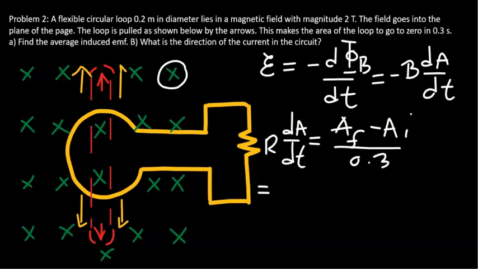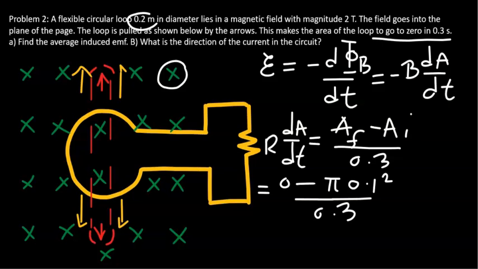The final area is 0 because the loop goes to 0. The area of the loop goes to 0 in 0.3 seconds. So the final area is 0. The initial area, this is a circular loop, so circular area is pi radius squared. The diameter is 0.2 meter, so the radius is 0.1. Square that over